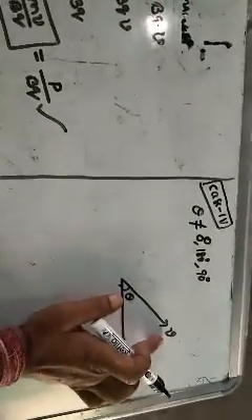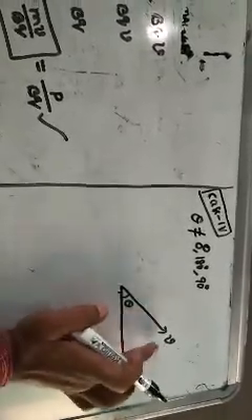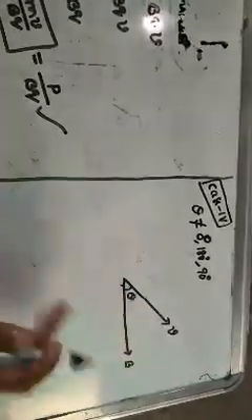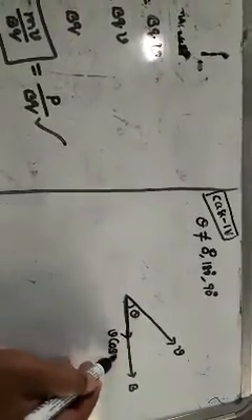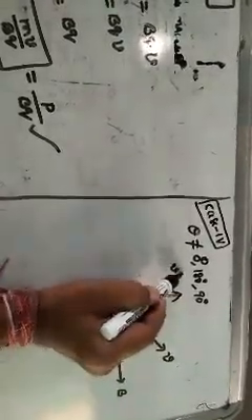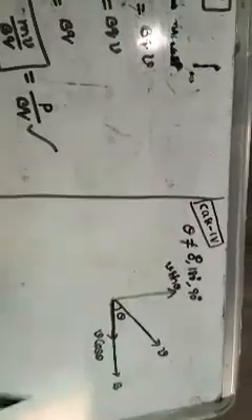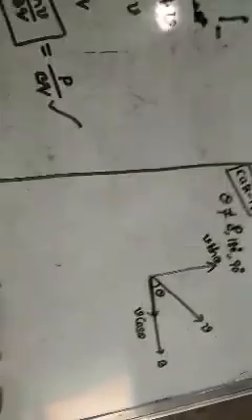Everywhere velocity is a vector quantity, making some angle theta, and we have to follow the resolution of vectors. If you resolve this velocity into two components, here you will get v cos theta, and perpendicular you will get v sin theta. So then what is happening here? v cos theta, v sin theta.